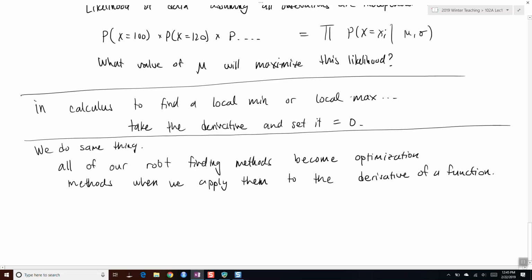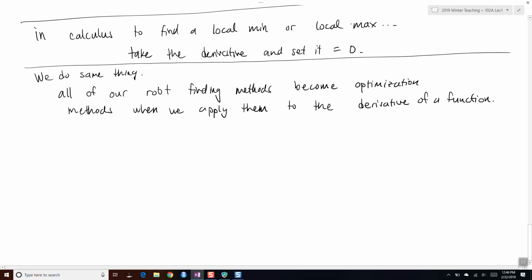Okay. So right now, all of the methods that we've learned earlier are good at finding where our functions equal 0. And all we have to do is take our original function, take the derivative of that, and apply a root finding method to that, okay? So let's say,